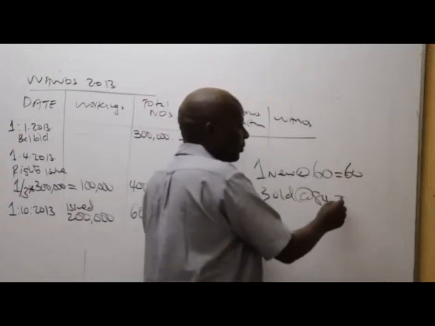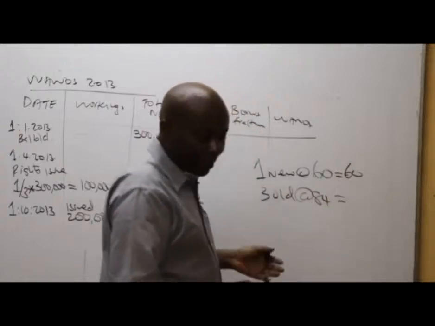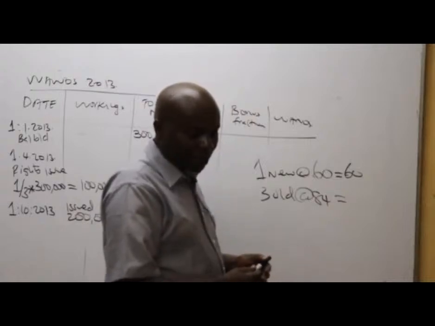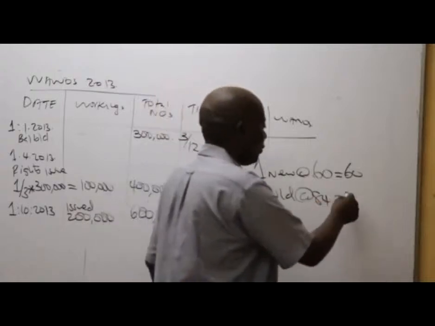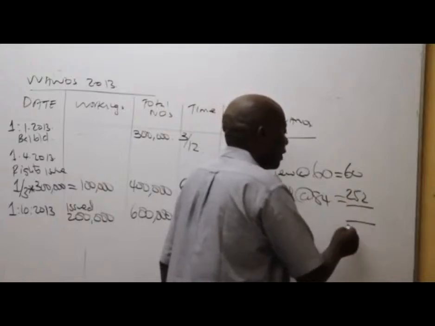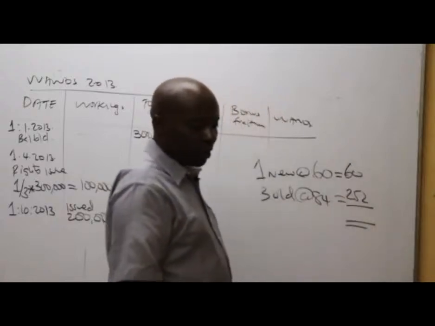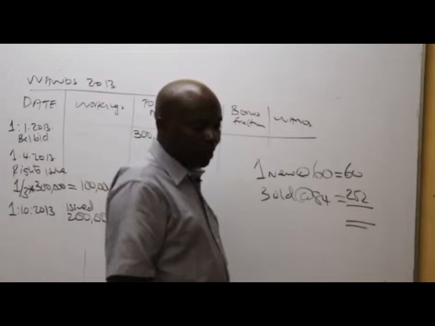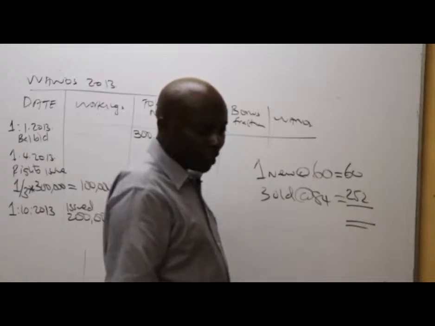3 times 84 gives me how much? Wanasema ni 66 tena. 252. So ukiongeza zote zinakuja ngapi total value? Total value inakuja 314